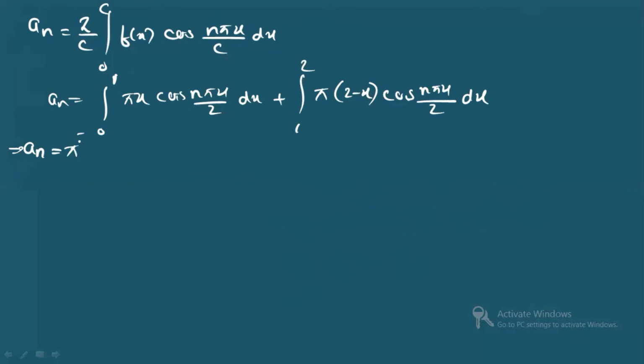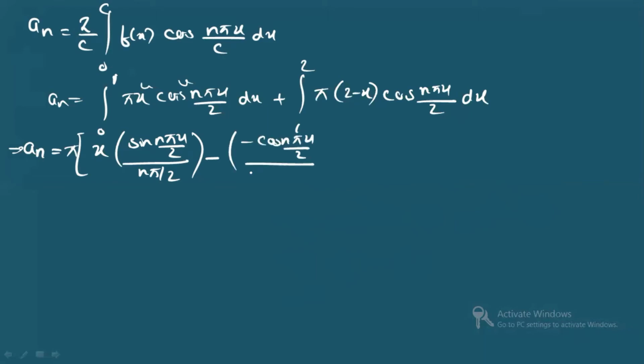Okay. So pi, you can keep it outside. This is u v. Keeping u, cos means v, integration of v dx. So it will give you sine n pi x by 2, entire term divided by n pi by 2. Okay. Minus derivative of x is 1, right? Again on integration this term you will have minus cos n pi x by 2 divided by n pi by 2 whole square. All right. This is what you're having. Integration limit is 0 to 1.